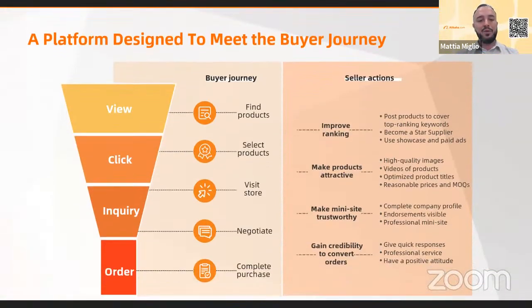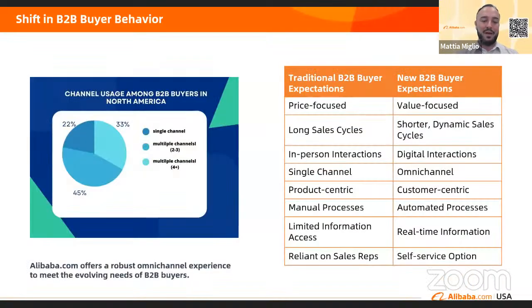Alibaba.com. Many of you ask us who are our buyers. Our buyers choose Alibaba.com because we are a platform created to meet the buyer journey, from find buyers, select product, visit storefront, negotiate, to complete the order. Our buyer journey is set up in a way that buyers can really find the products they are looking for. And sellers will need to understand the buyer journey to have a better chance to get orders and in different